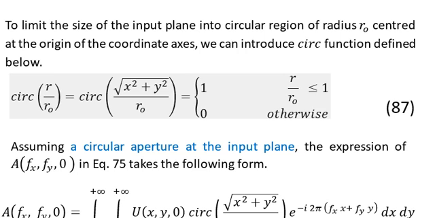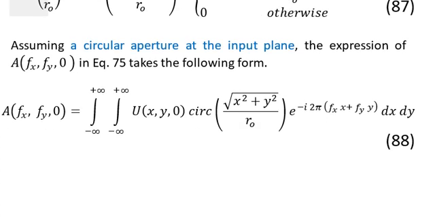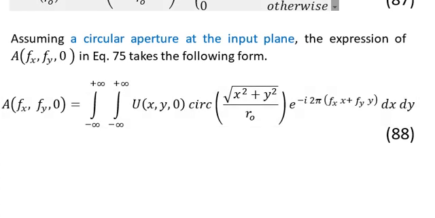It means that outside that circular disk of radius r naught, the region is opaque and no light can pass through that region, no field can pass through. So the field will only pass through a circular region of radius r less than or equal to r naught. Assuming a circular aperture at the input plane, the expression of A at fx, fy, 0 in equation number 75